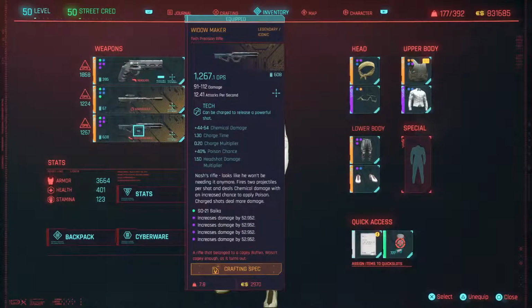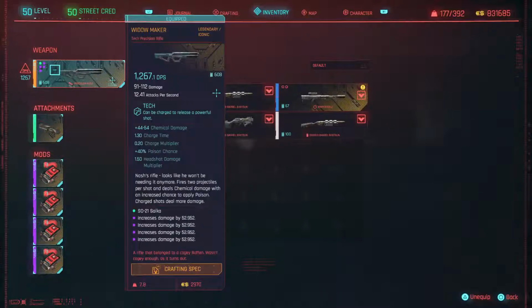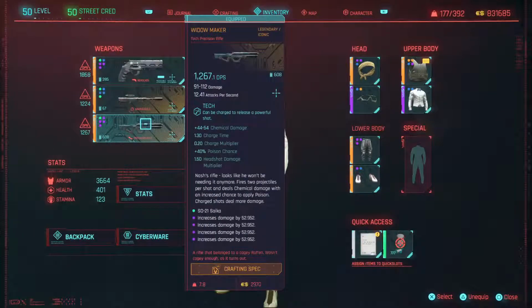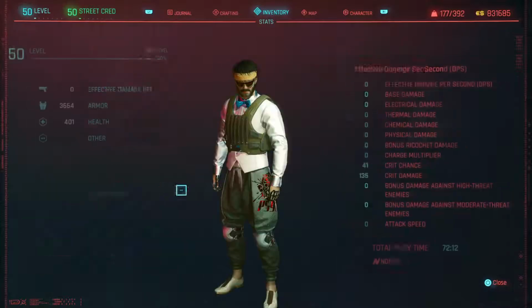And for Widowmaker, use the Crunch mod, because with Widowmaker, the Crunch base damage that is upgraded by 8 is actually 8 times 12. So yeah, it's pretty insane. This gun is very insane. So yeah, as far as our general stats go,